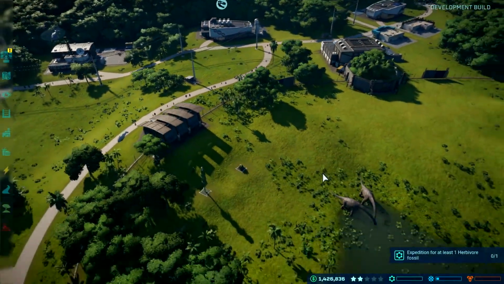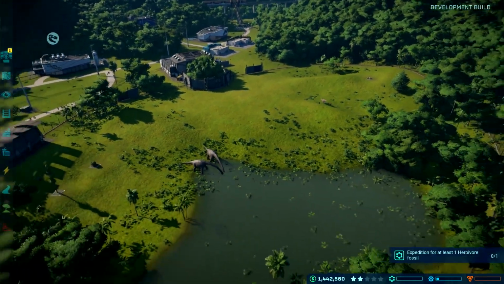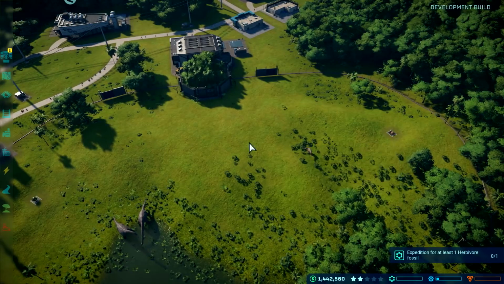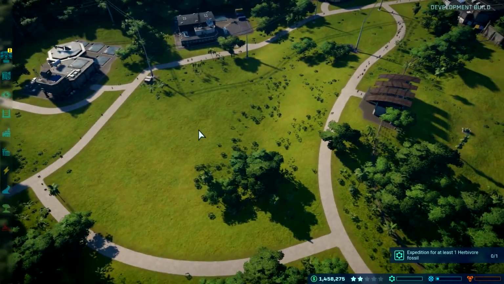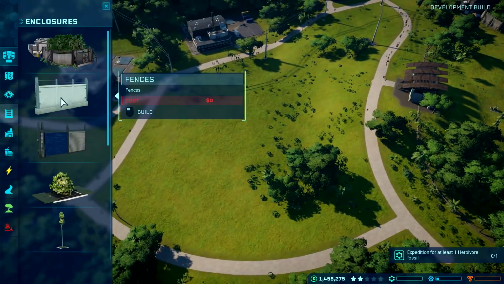Now, I have released a dangerous carnivore here into my herbivore enclosure, so that's not a great idea. I'm going to try and move this Ceratosaurus to a smaller enclosure of its own over here. I'm going to create that enclosure first, so I'll head to the fence tool and start building the outline